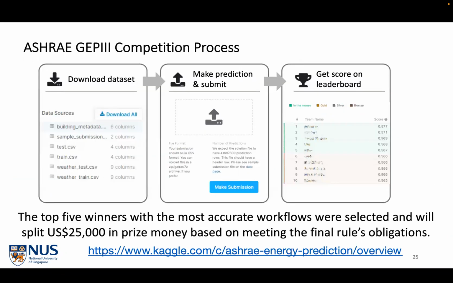The way Kaggle works is that people download a large training data set and use it to build prediction models. They'll upload their predictions up to twice a day over the course of the 90-day competition, so they're able to tweak and tune and see how they can make their solutions better. And there's a real-time leaderboard which updates over time. Then when the competition's complete, there's a whole other test data set that gives you what's called the final leaderboard. ASHRAE was gracious enough to host the competition by providing 25 grand of prize money that was split across the top 5 solutions.